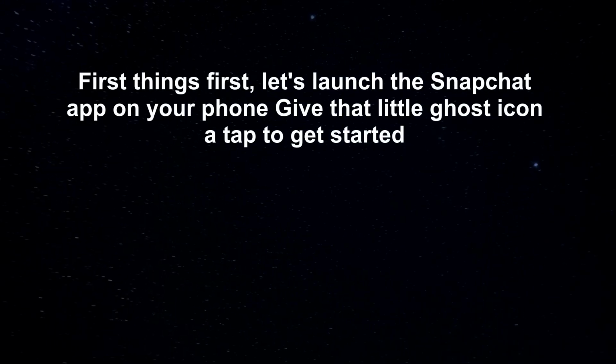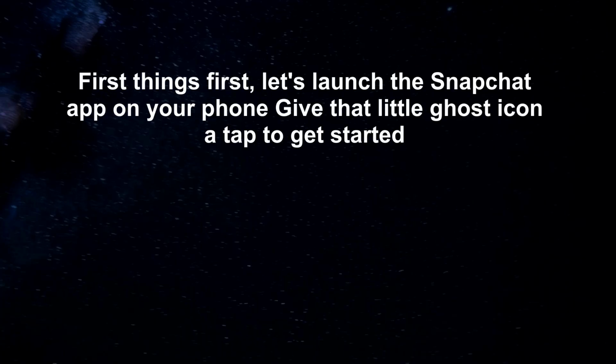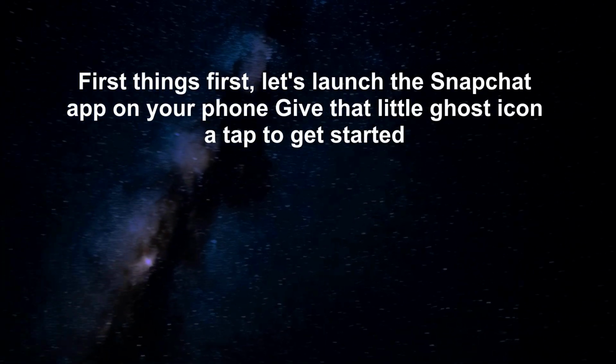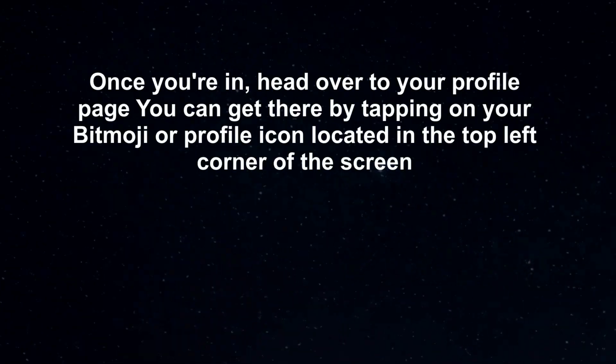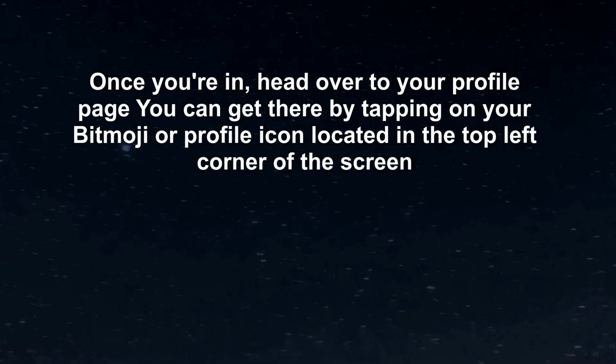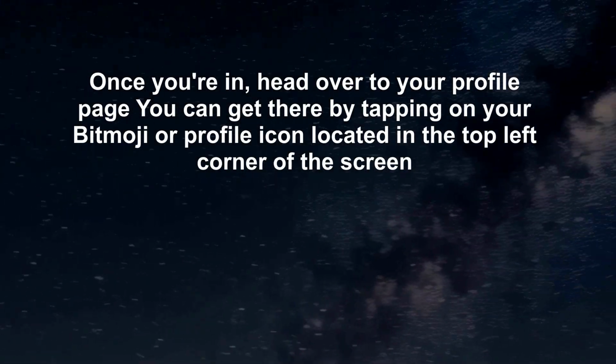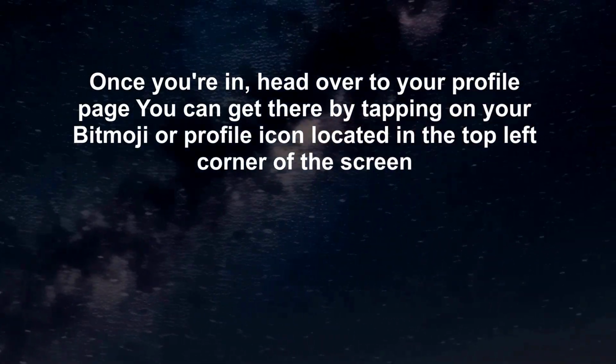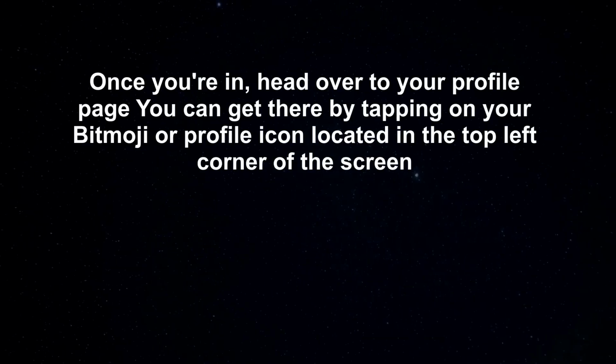First things first, let's launch the Snapchat app on your phone. Give that little ghost icon a tap to get started. Once you're in, head over to your profile page. You can get there by tapping on your Bitmoji or profile icon, located in the top left corner of the